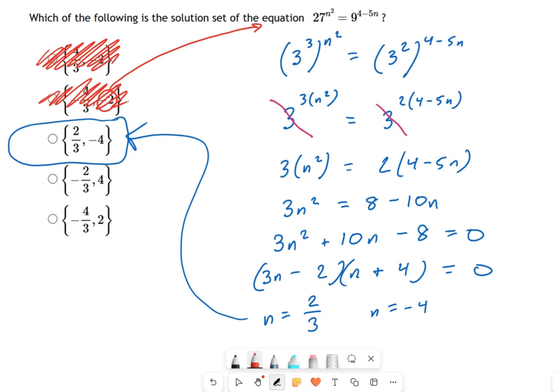And if you're short on time, or if you have no clue how to do the exponential solving like I did, that might be a better strategy. What's the next number we could plug in? Well, you might guess -4 and get lucky. And if you did, great, you've got your answer. But you might also guess one of these other numbers, like +2. That might be the next thing you check. And if you plug in +2 into that equation, you'll see it also fails.